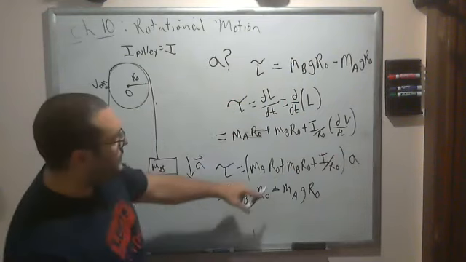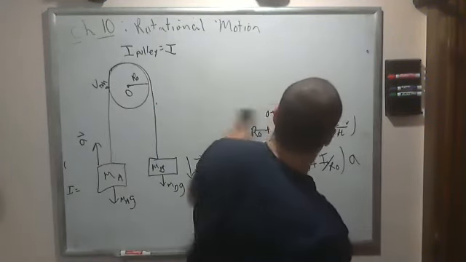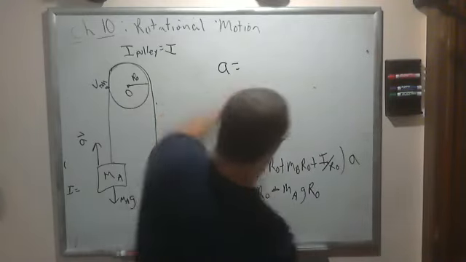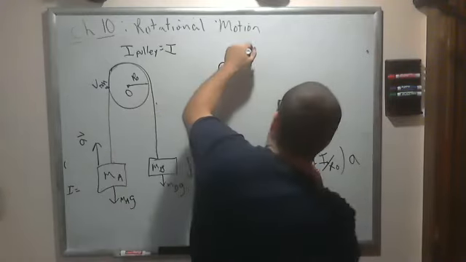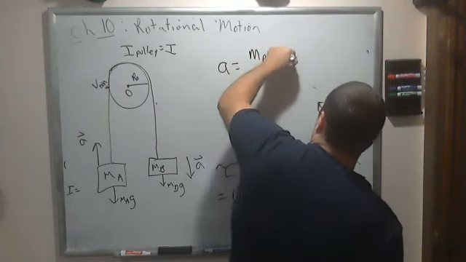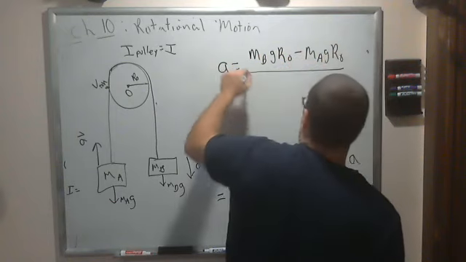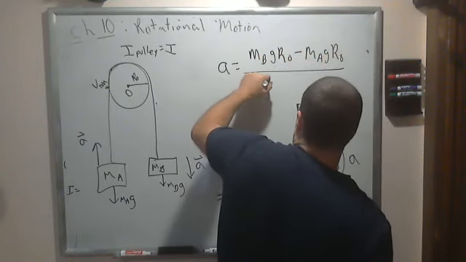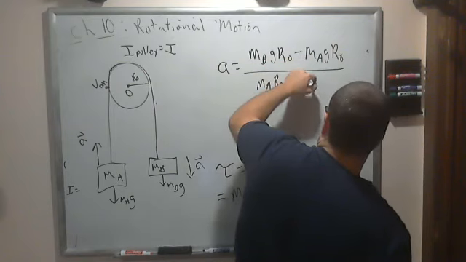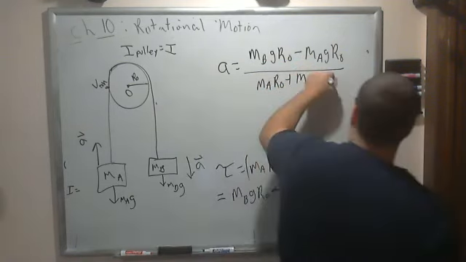So we have these two, and now we just solve for a. You just divide this side by that, so it would be m g r naught divided by m_A r naught plus